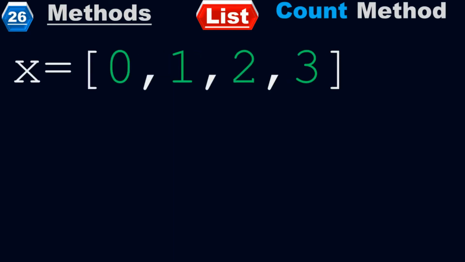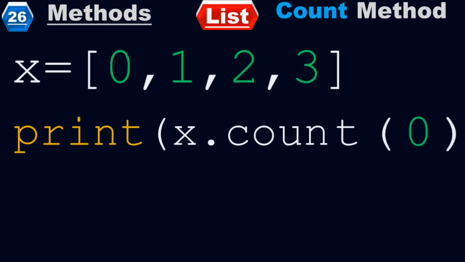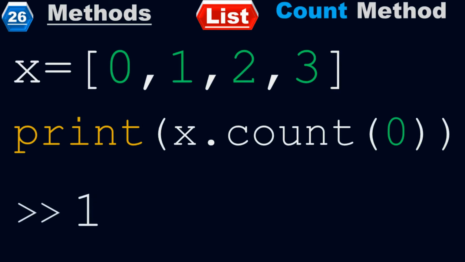Example number 26. X equals to 0, 1, 2, 3. Print of x.count of 0, which returns 1. Look, I took the list with the elements 0, 1, 2, 3. Now I need to use the count function. This is the count function. To use the count function, I'm going to call the print function. Print of